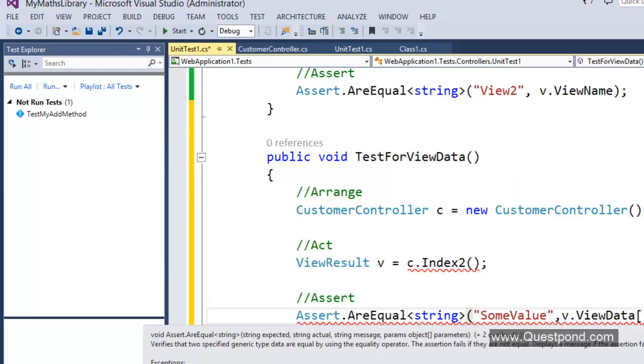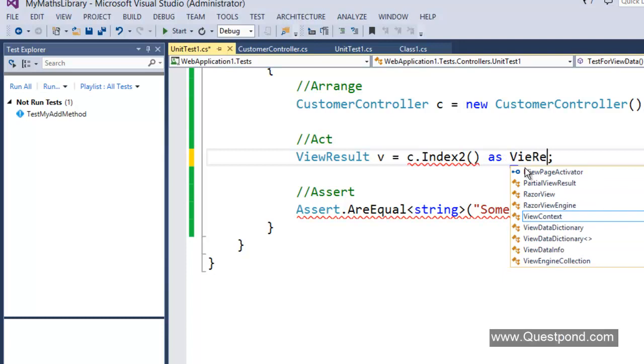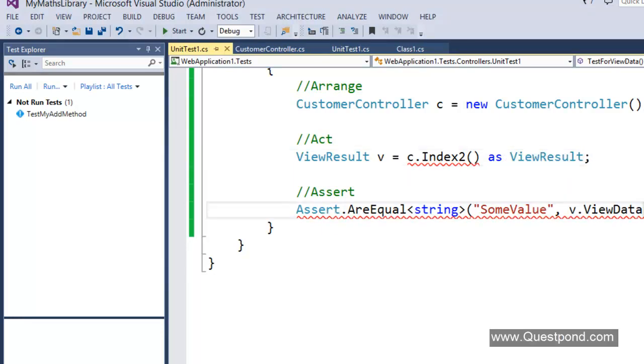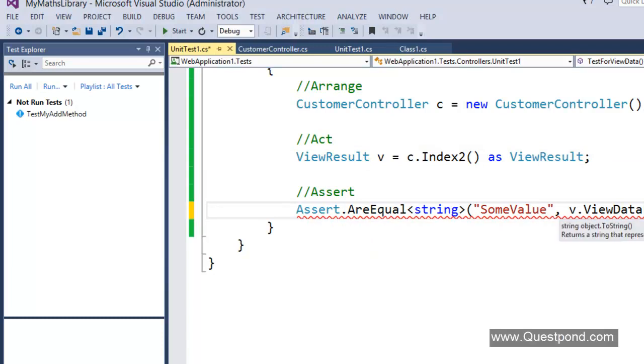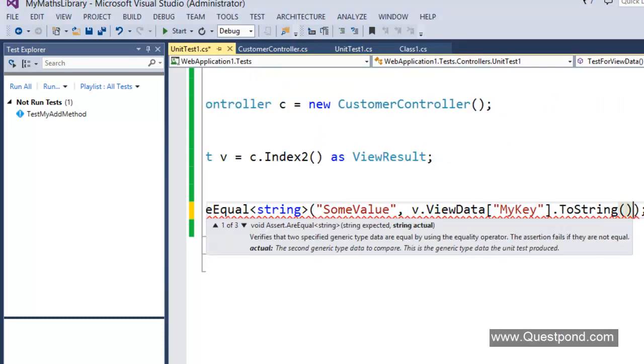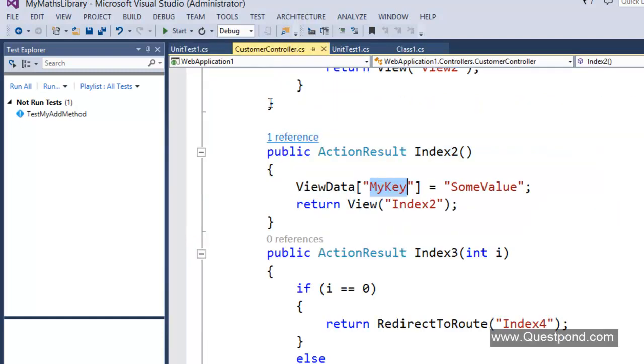Done. Okay, we need to cast it here. I'll say as view result. Okay, and here also we need to cast it because view data stores objects, so I'll say toString. Done. So now we have test methods for these two action methods.